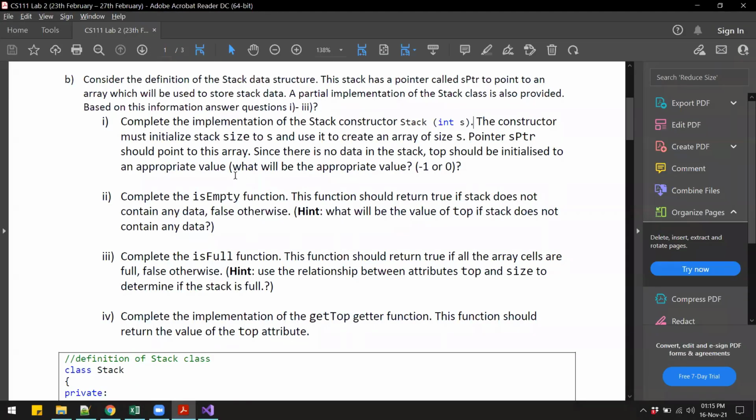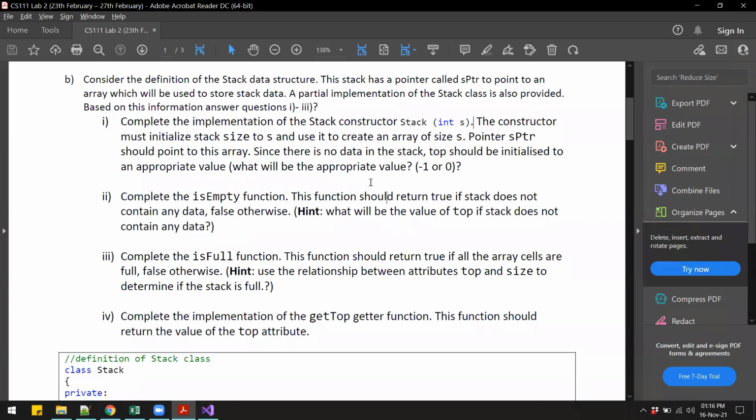So what should be the appropriate value, whether we should use -1, 0, or any other number that you can think of. That really depends on our implementation, right? There is no set rule for whether using -1 or 0. It depends on your application and how you are implementing that.